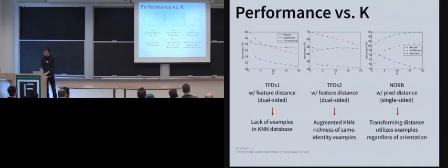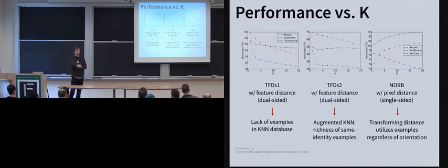There's a couple of key messages here. The transforming method works better than the augmentation baseline, and that works better than the baseline, which is just a regular KNN-based distance metric. But what is interesting is when we start to look at changes versus K. So when we're doing KNN, K-nearest neighbor recognition, we have our database. If we are looking at the Toronto face database, what we have in these two splits is either a single example of someone's identity in the database. So for example, they took your picture the day you started work, and that's the only image they have of you, so there's just a single match in the database.